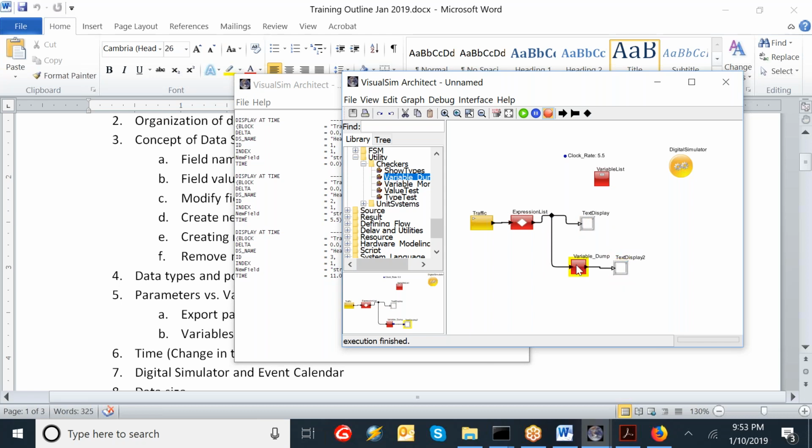I'm going to output it. I don't think this has any values. It doesn't have any variables. I'm going to run the same model again. Now,